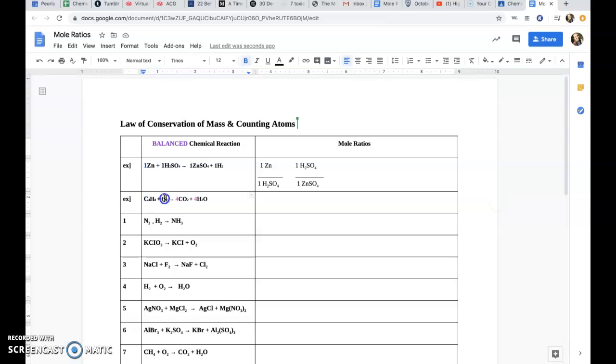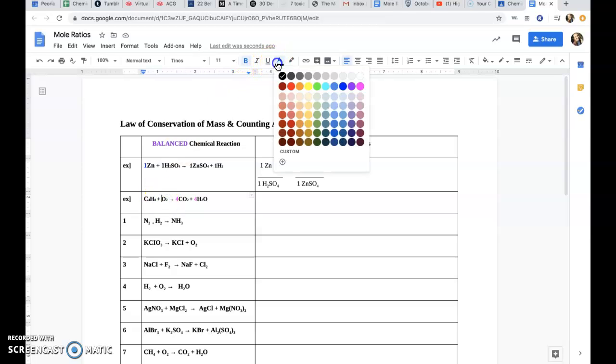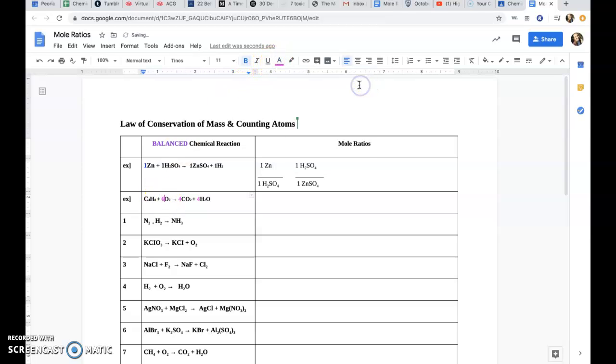And I only have 2 oxygens here. On this side, I've got 8 because I've got 2 per carbon dioxide and 4 carbon dioxides. So 8 oxygens plus 4 more. So I'm going to have 12 in total, which means I will want 6 dioxygen gases. For my mole ratios, I can say, okay, for every 1